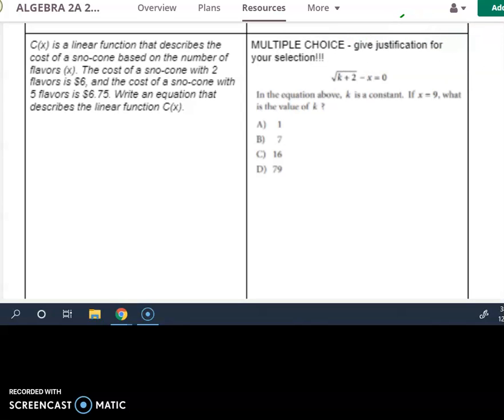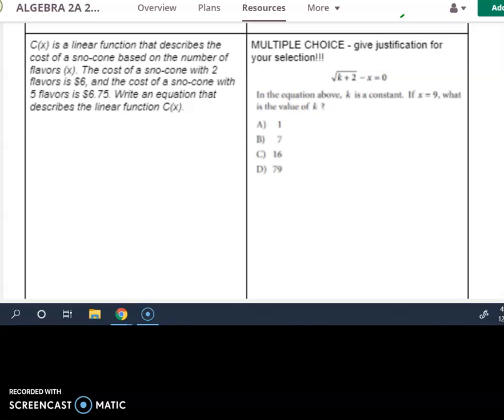All right, c of x is a linear function that describes the cost of a snow cone based on the number of flavors. The cost of a snow cone with 2 flavors is $6, and the cost for a snow cone with 5 flavors is $6.75. Write an equation that describes the linear function. And then the second one is multiple choice, given justification of your selection. And you're told that